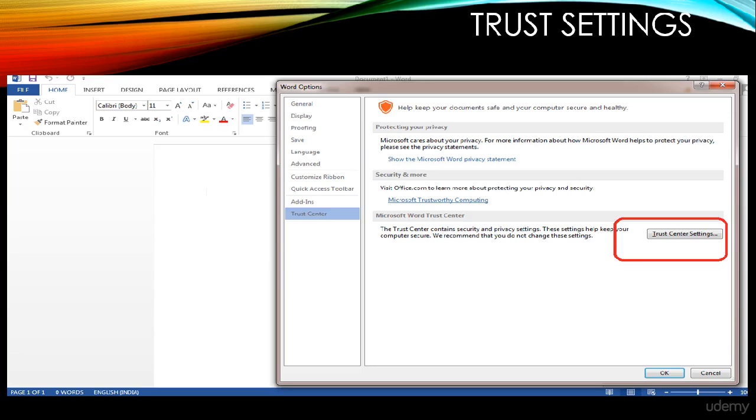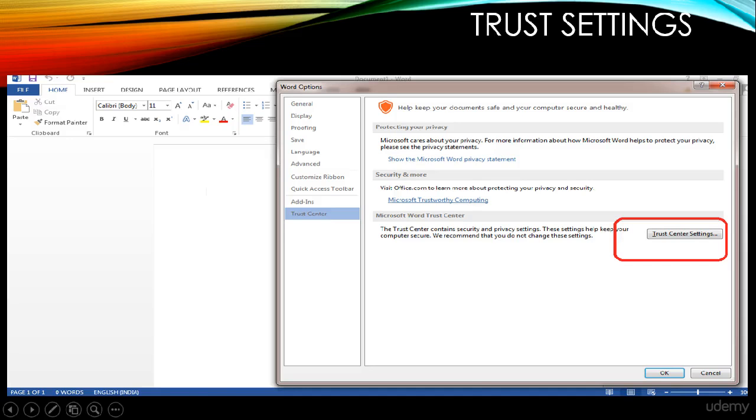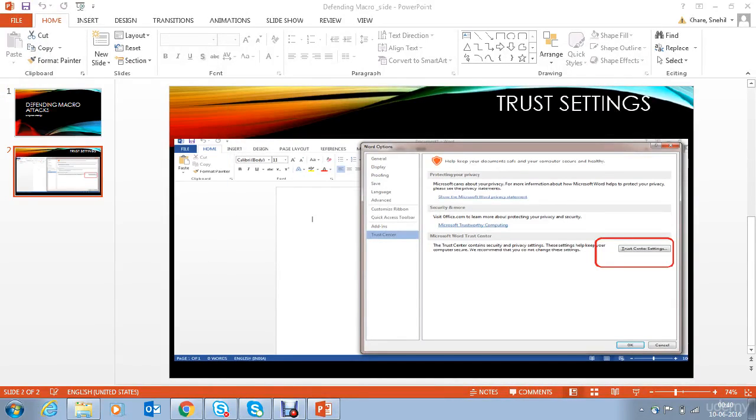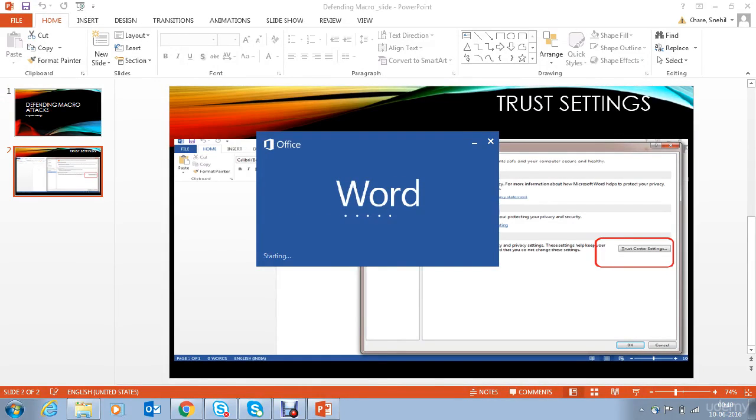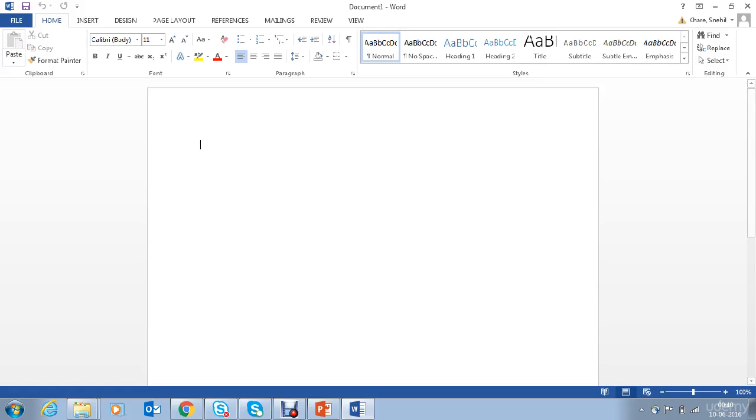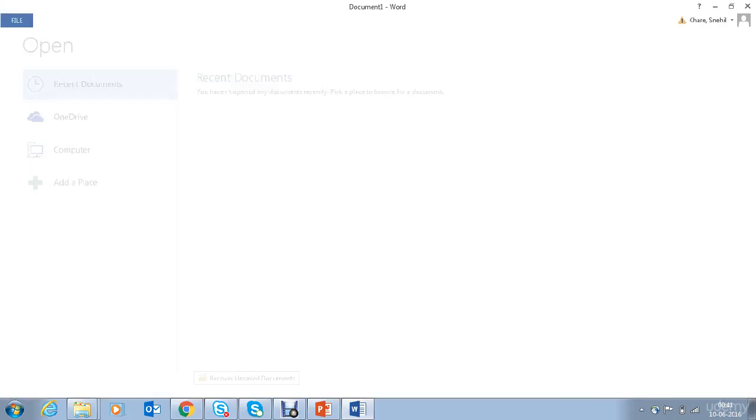This is the screenshot, and it displays how you can manage the macro trust settings under Microsoft Word software. Let's take a quick look at how to do it. Go to your Word software. Go to File, Options,